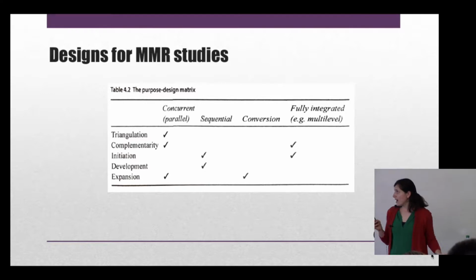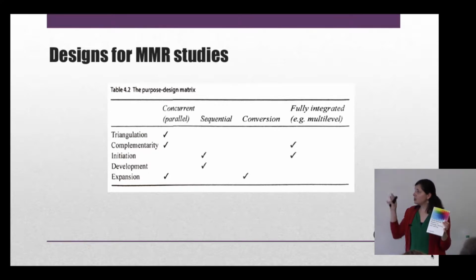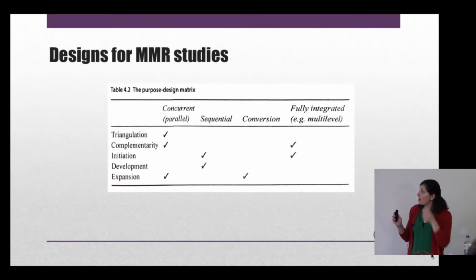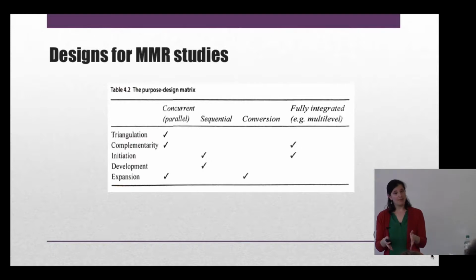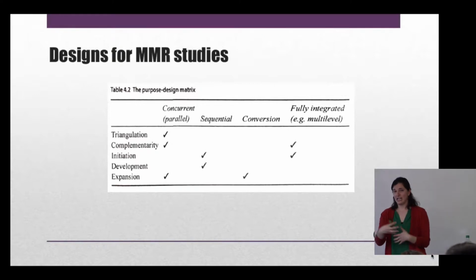And Riazi, who wrote this book that I recommend that if you're interested, you can come up and take a look at it at the end, has two different tables that helps me understand kind of how these relate. And so on the side, we have the 5 purposes that I was just talking about. And then across the top, you have your different time scopes. And so mixed method studies can be designed where your strands are concurrent, they're happening at the same time, sequential, right, one after the other, or fully integrated, where really throughout the entire process, you're methodologically and epistemologically integrating across